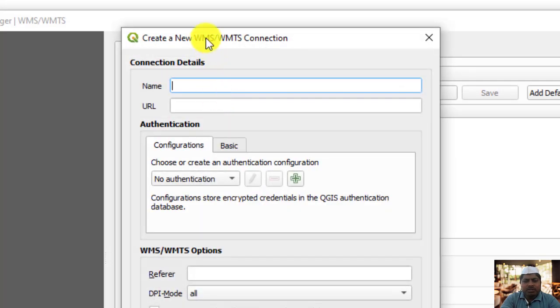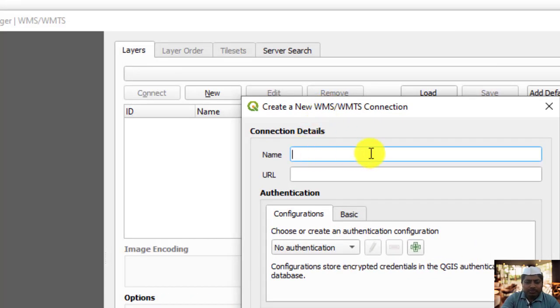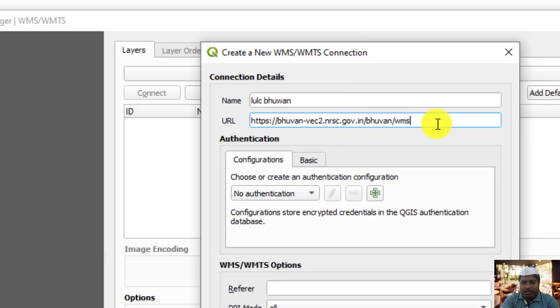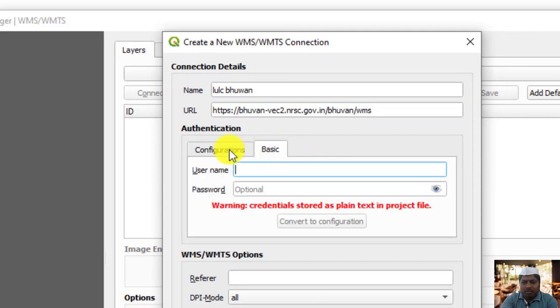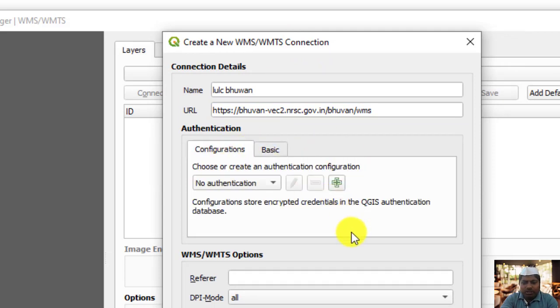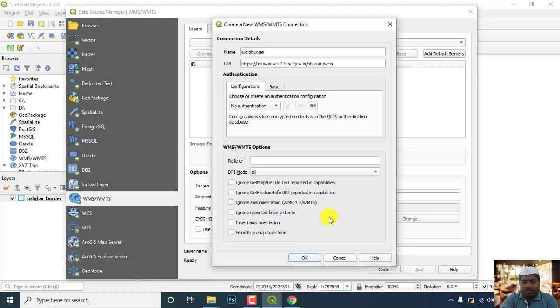So just name it LULC Bhuvan, okay, and paste the URL from this section. Okay, there is an authentication or some other tab, but there is no need to authenticate this data. Okay, just click OK,